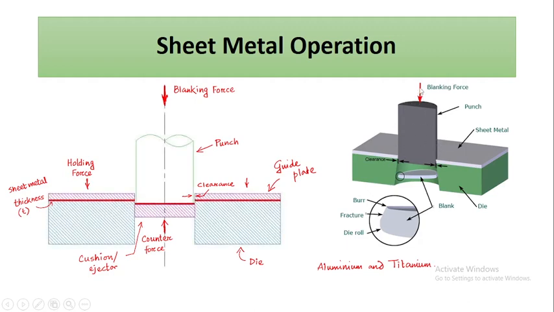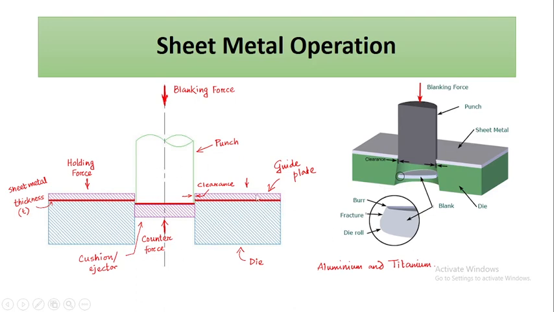So here you can see that this one is a punch, and on the punch a blanking force is getting applied, because this force is required for the shearing action, and this one is the die, and a clearance is given. So if we see its schematic view from the front,